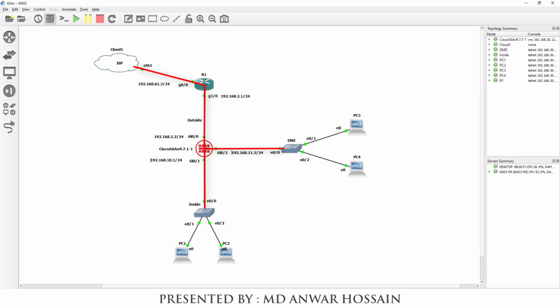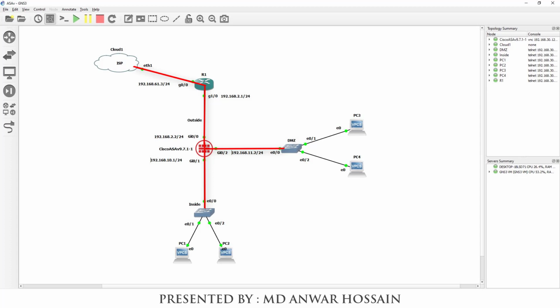In the Cisco ASA firewall, the outside interface gigabit 0/0 IP address is 192.168.2.2/24. For the inside zone, the IP address is 192.168.10.1/24.